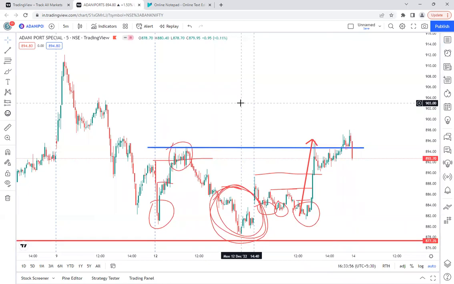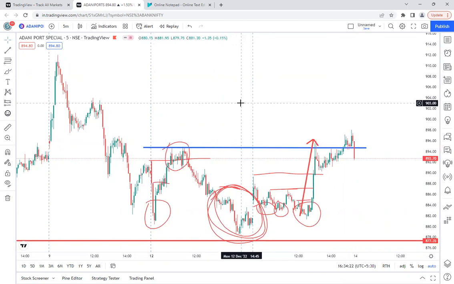So if you really want to learn, or if you really want to make your profession in the intraday section, I suggest, or I just give an idea, that you try to practice yourself. Try to think with a manipulator mindset, not as a normal trader. Don't think what everybody thinks. Mainly huge retail traders will be thinking in one way and manipulators will be thinking just the opposite of that. So try to practice that kind of thinking.